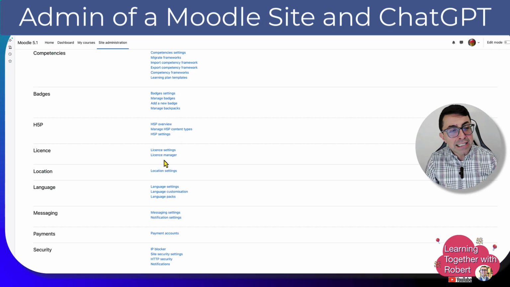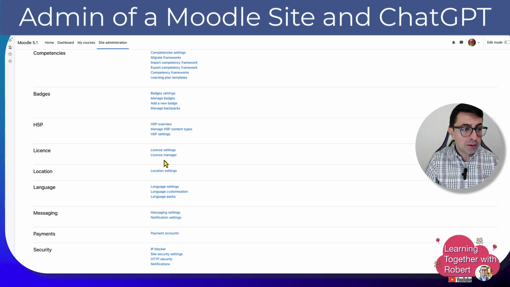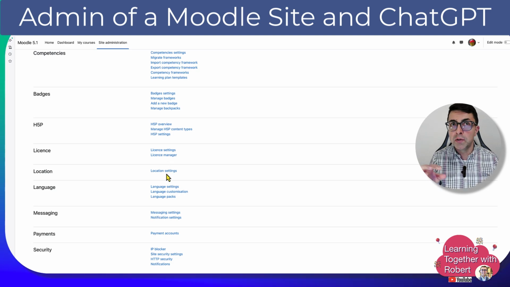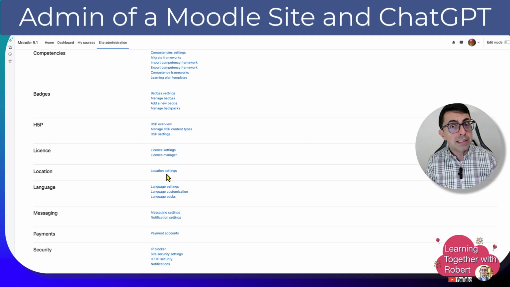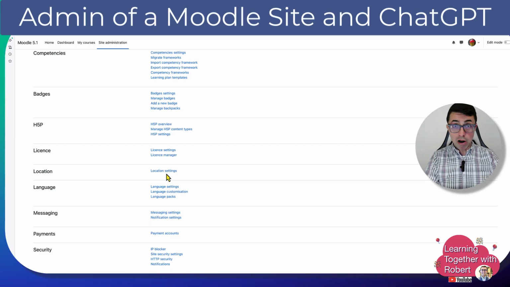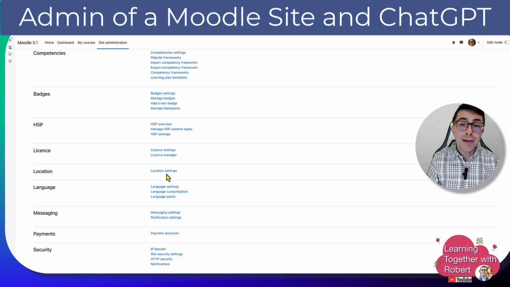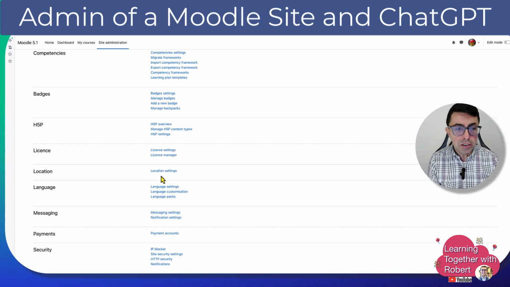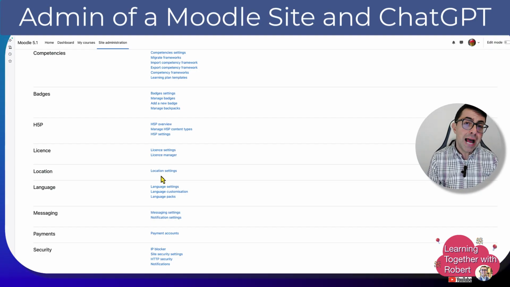License settings and license manager for the license that we have for the Moodle. Location settings so that the server knows your time, your location. And this is important if you have a geographically dispersed cohort of students. The language, in my case, is going to be just English, but you can also have language packs, especially if